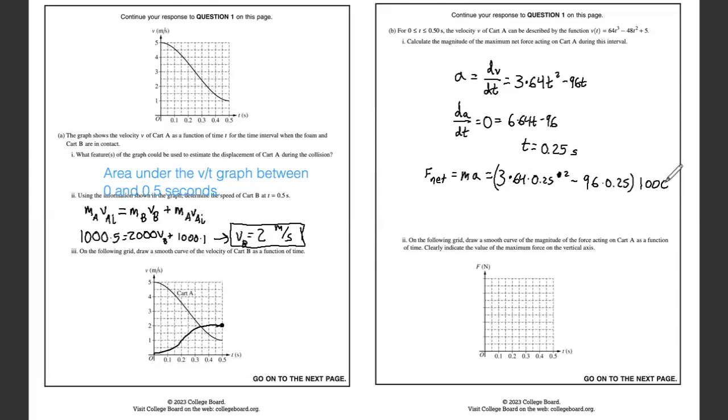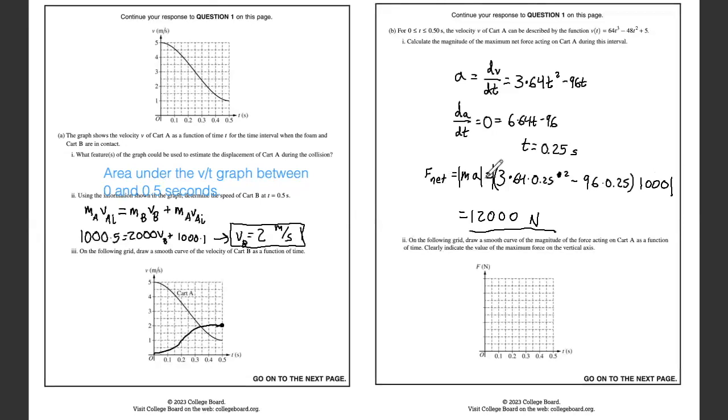What ends up happening is you get a negative number out of this, so we would have to take the absolute value to get the magnitude. What you would find is that that gives you 12,000 newtons. Absolute value would be 12,000. The actual net force is negative 12,000, which makes sense